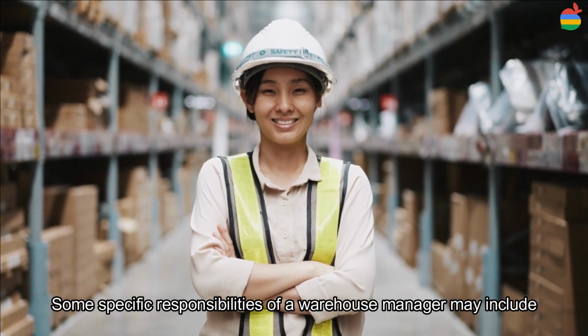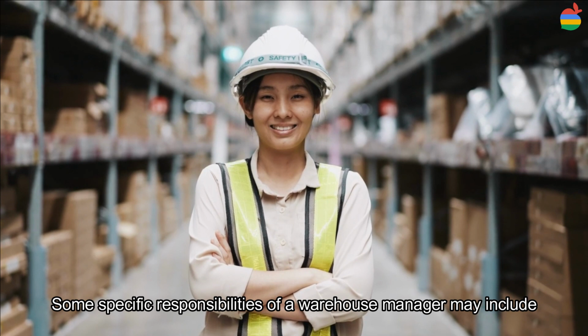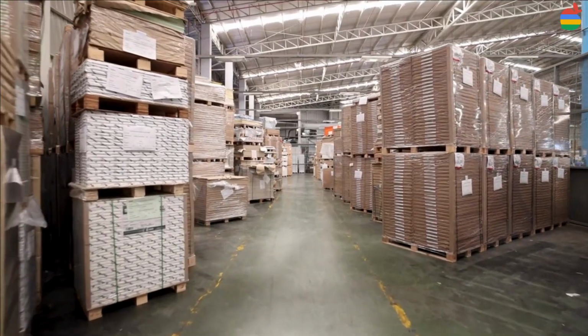Some specific responsibilities of a warehouse manager may include: